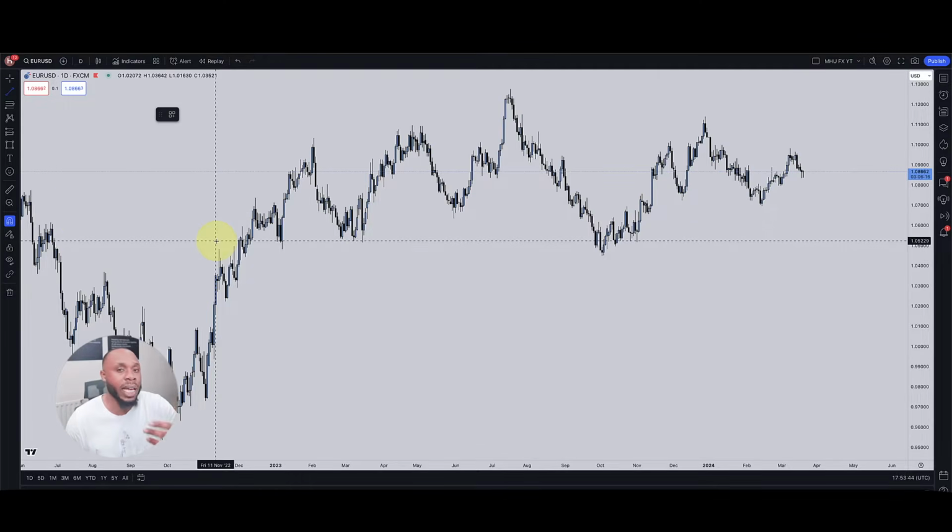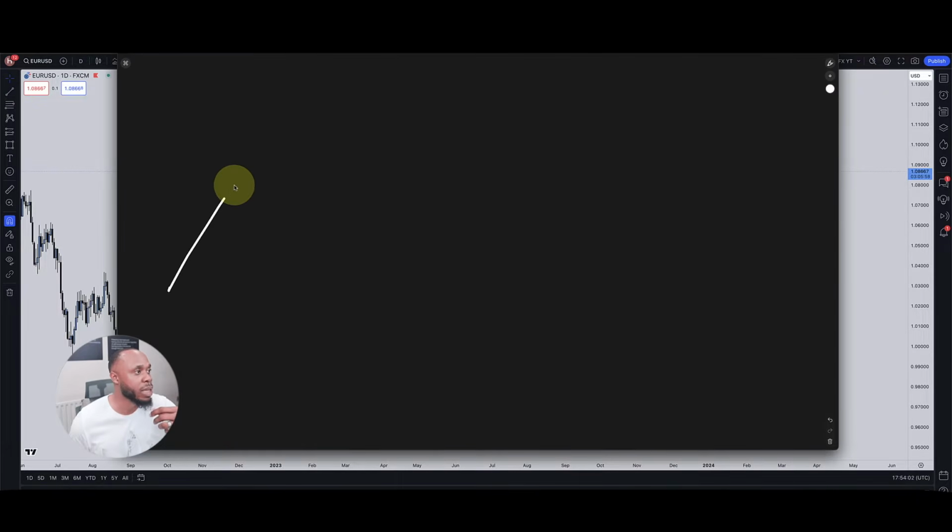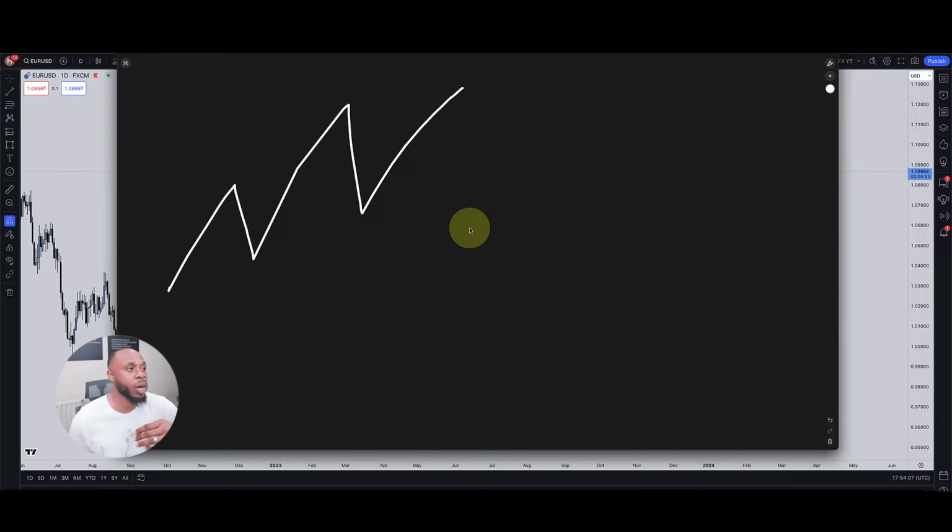Price doesn't move in a straight line. Price is going to move just like this, guys. Up, down, up, down, up, down. And sometimes, just so you guys know, it doesn't always expand, retrace, expand, retrace. It could go expansion, then sideways, expansion, sideways. Oh, I messed up the last one. Let's do that again. It can go expansion, sideways, just like that. Then expand again, sideways, and then expand.